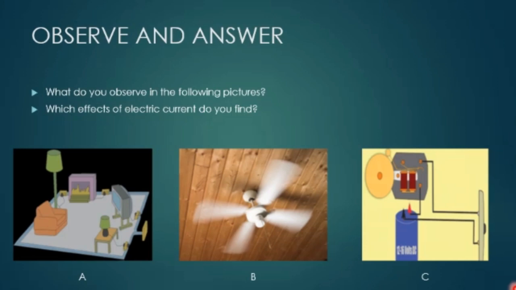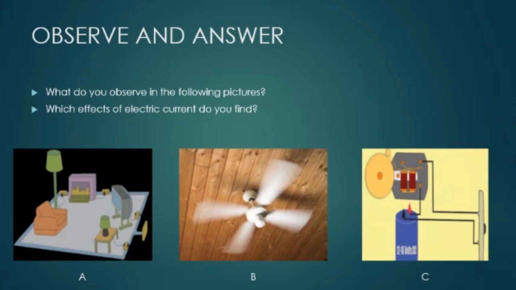And in picture C, if you see the electric bell, what happens? The mechanical energy gets converted into sound energy. There is a metal disc, and whenever the striker strikes on it, you will hear the sound produced. This striker is connected with the help of the electricity. See here, the battery is there. Whenever the button is switched on, the striker strikes the bell and you can hear the sound produced.